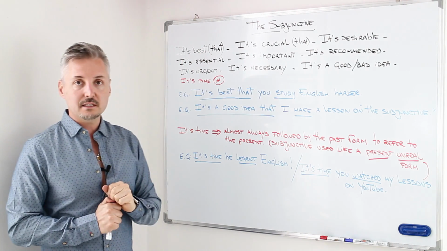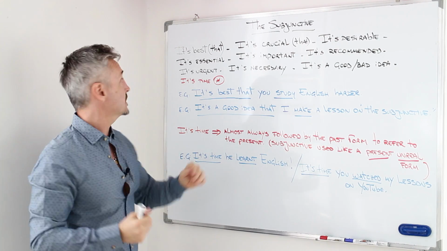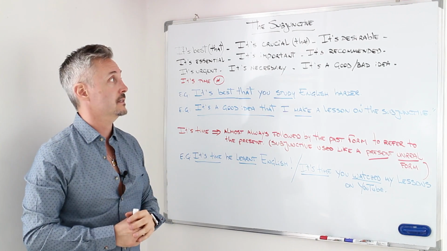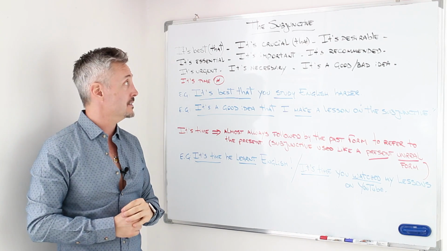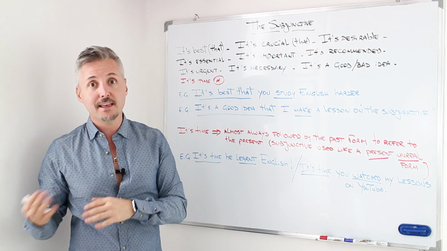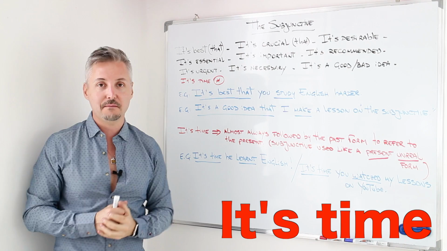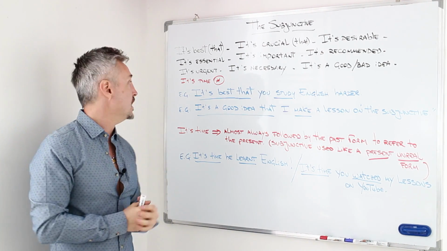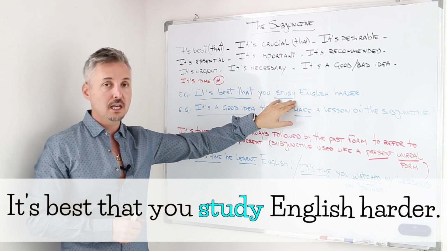It's best that, is crucial that, is desirable that, is essential that, is important that, it's recommended that, is urgent that, is necessary that, it's a good or bad idea that, and it's time, which I'm going to explain just after my examples. So my first examples at the beginning of the video were, it's best that you study English